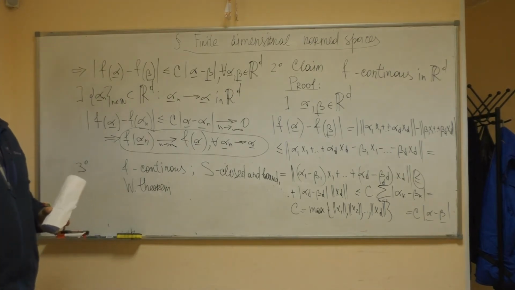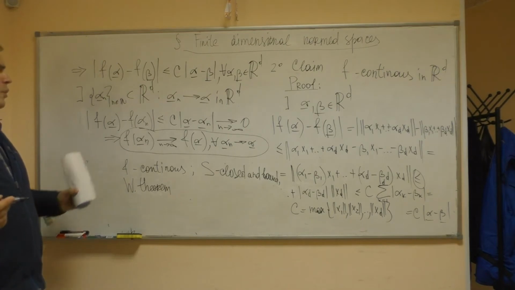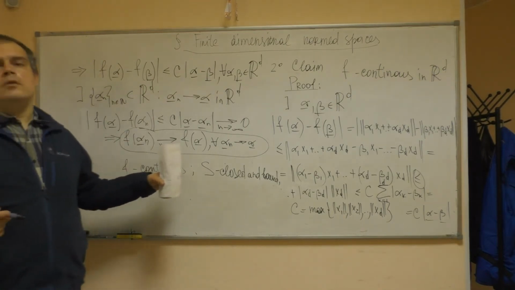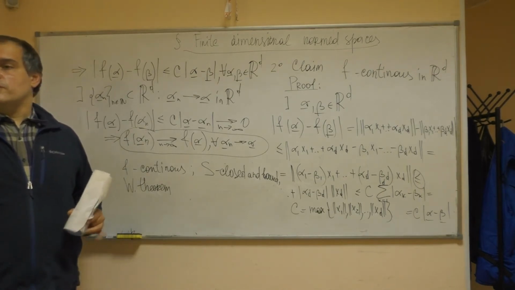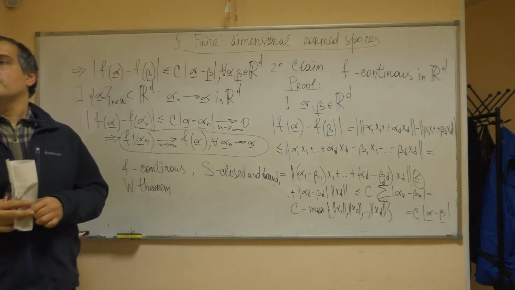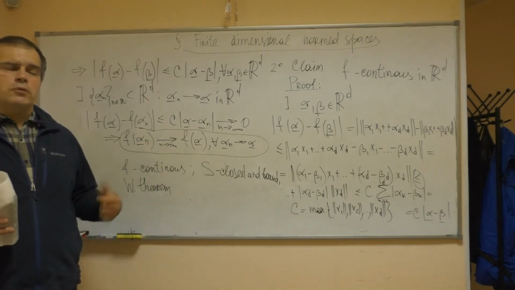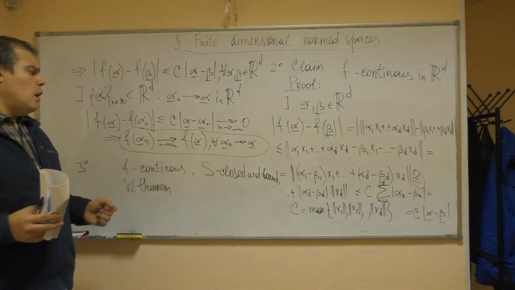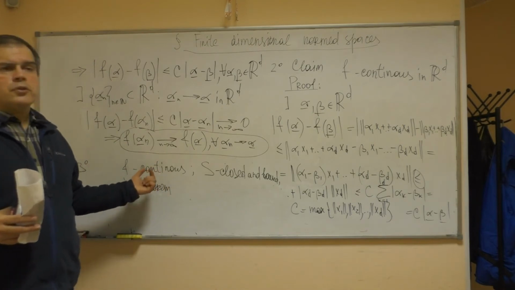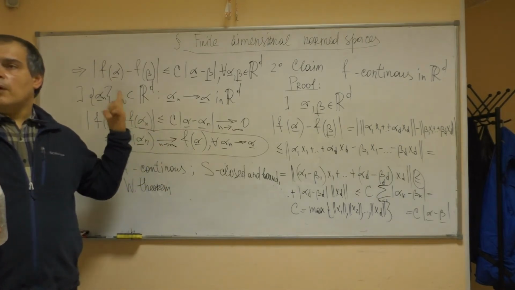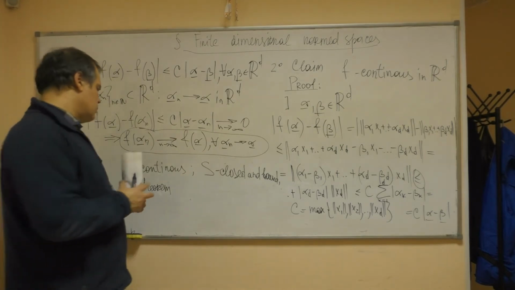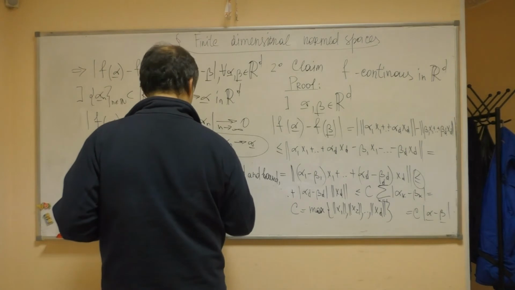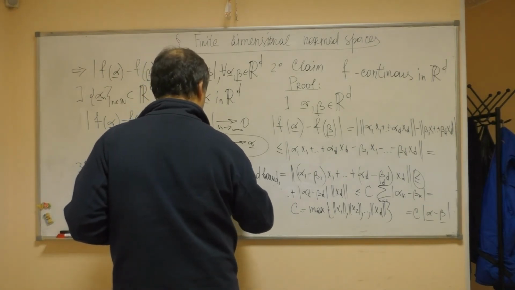Very important fact from mathematical analysis, saying that each continuous function on closed and bounded set in RD, R or RD, not in infinite dimensional space, this function reaches its maximum and minimum values, so it is bounded. So f from alpha